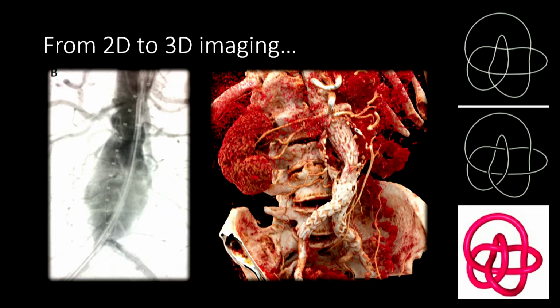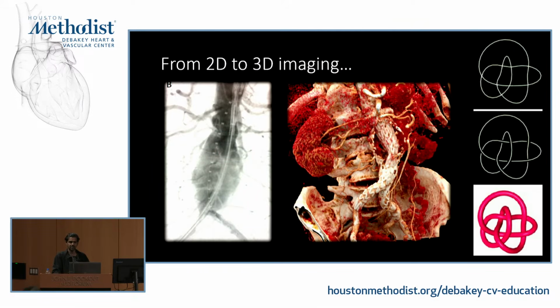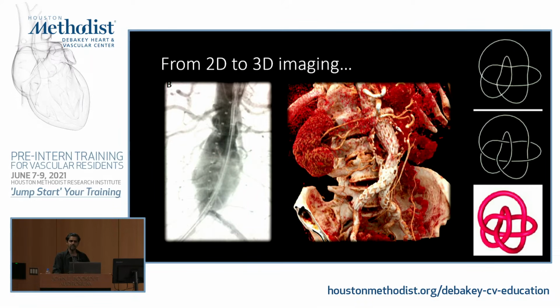The biggest challenge here is you have a 2D projection image. For example, in a complex structure like this, we have no idea which one is anterior, which one is posterior. And that's the same technical problem we face in a 2D angio picture. So you don't know which one of these vessels are a branch of an SMA or a lumbar, unless you